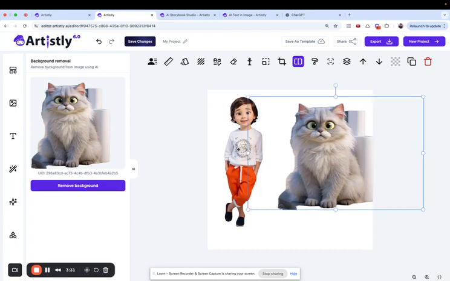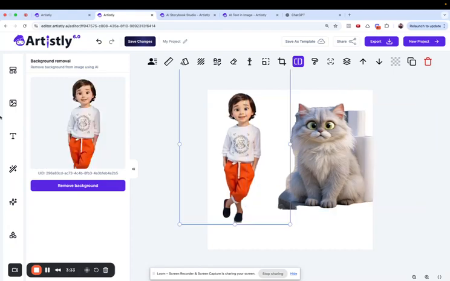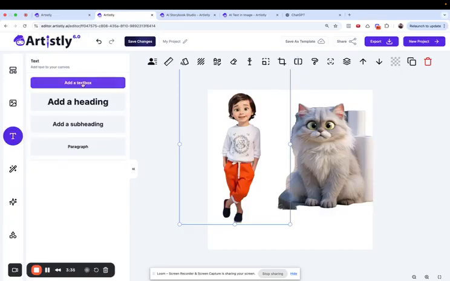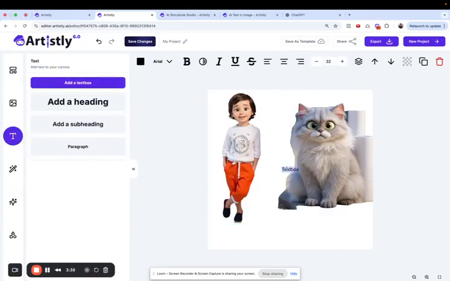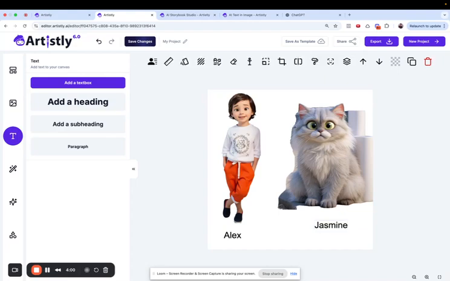And then what you're going to do is click on the text option, add a text box, and say, okay, his name is Alex. Cool, awesome, lovely. I'm just going to drag and drop Alex here, increase it a little bit. I'm going to press Command C and Command V to copy that. Come here. I want this as Jasmine, for example, right? Now, boom, that's it. You can name it your character sheet and you can export it as JPEG, okay, JPG,